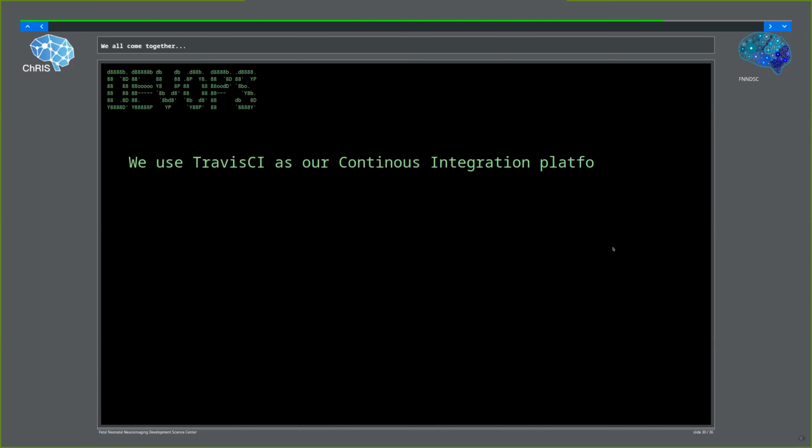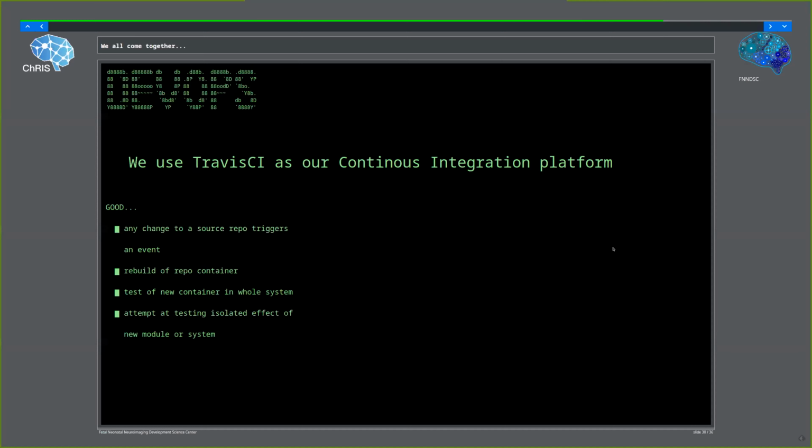We've used Travis CI as our continuous integration platform. The good of Travis is that it's free. Any change to an open source repo triggers an event which results in a rebuild on Docker Hub of our containers, and then the testing of this automatically. So we can test in isolated fashion, autonomously or automatically, changes to parts of our system without disturbing our whole environment.